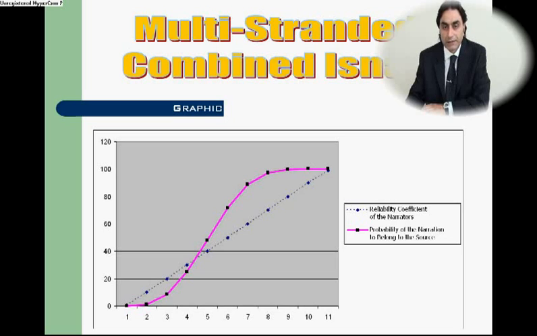Judging from this point, it can be said that multi-strand isnads yield results which strengthen the final results, maybe not as much as multiple, but very close to multiple isnads. As a matter of fact, the graphic of these multi-strand isnads is very similar to the graphic structure of the multiple isnad above.